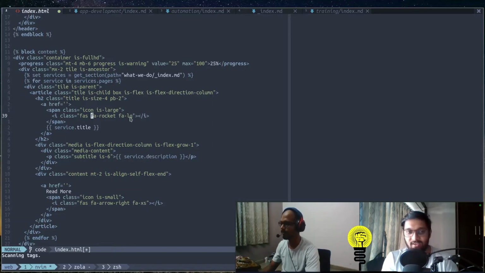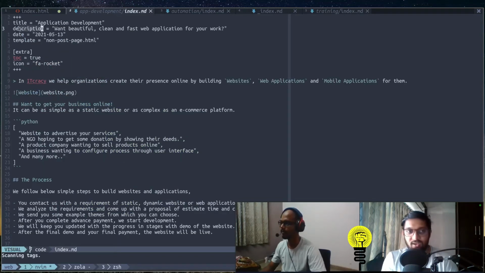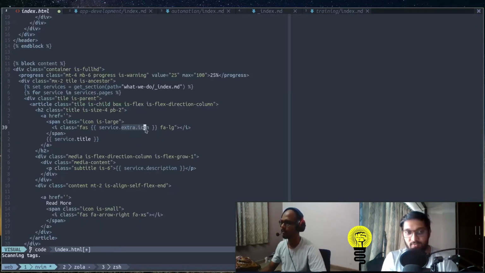We can use them inside a class tag as well. We have defined a class for our icon, and we will use a variable inside that because we want different icons, if you remember. We will use the icon which is defined inside the extra part of the page. Title was directly there, so we used dot title, but the icon is lying inside extra, so we have to use dot extra dot icon. So inside our index page we are using the variable as dot extra dot icon.